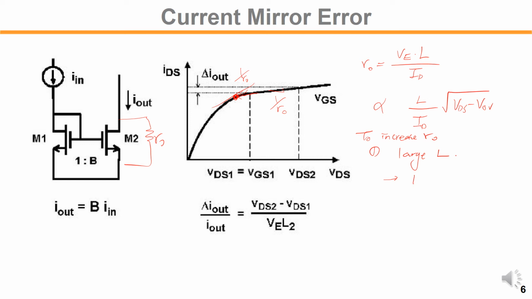Because for the same, if you want to maintain, let's say, the overdrive voltage, so W over L, both W and L must be increased, right? So in that way you can have the same